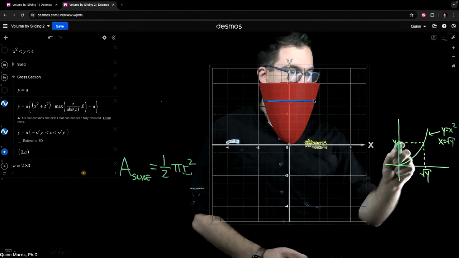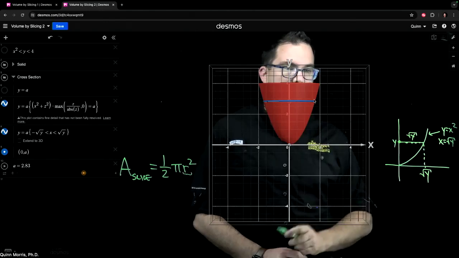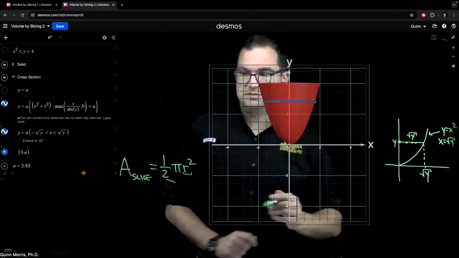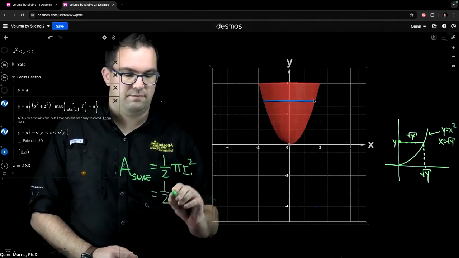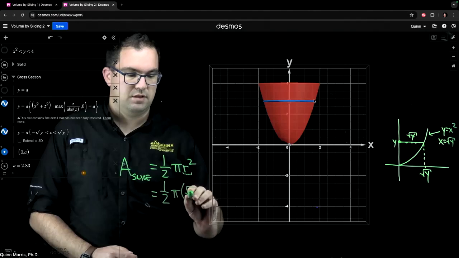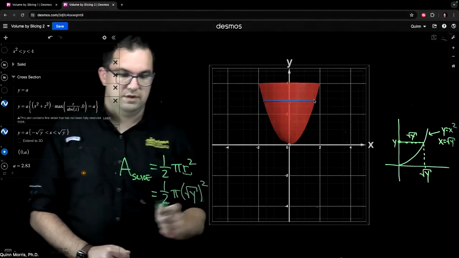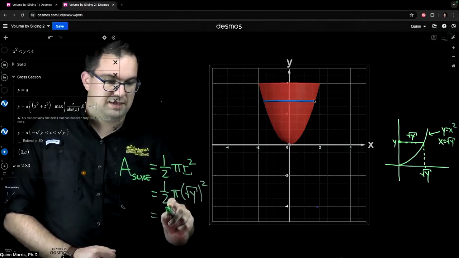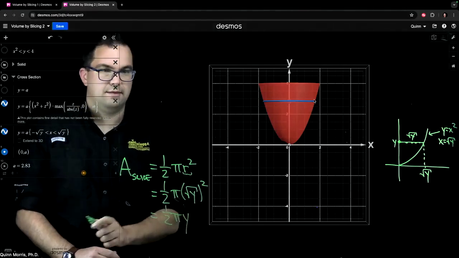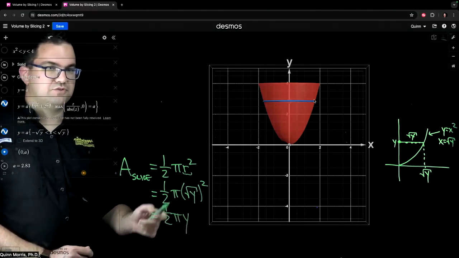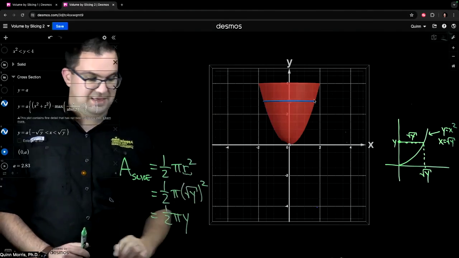And so this distance at some height y is simply the square root of y. That's going to be my radius. So the area of this slice is 1/2 pi times the square root of y squared. Written another way or simplified, that is 1/2 pi times y. That now gives us, for any particular y value that we happen to be at, the area